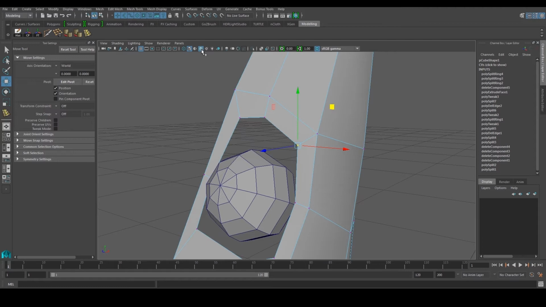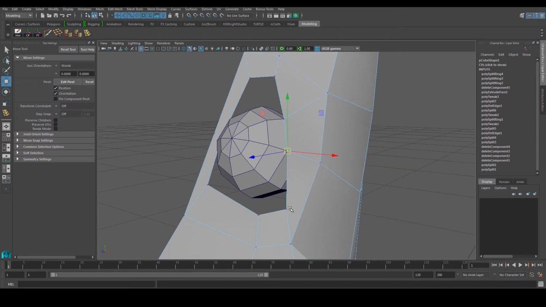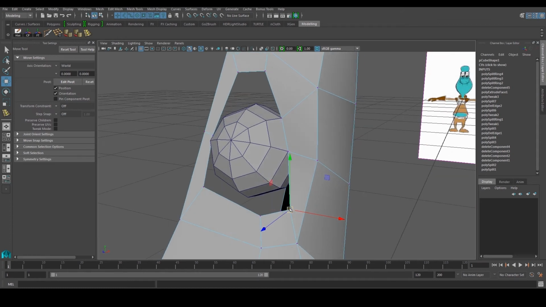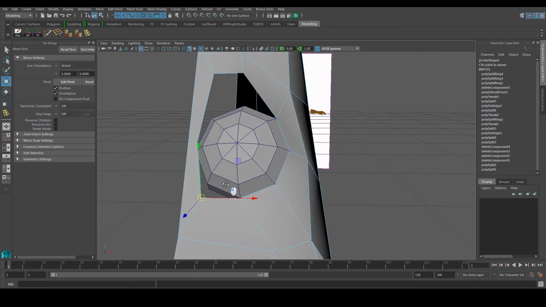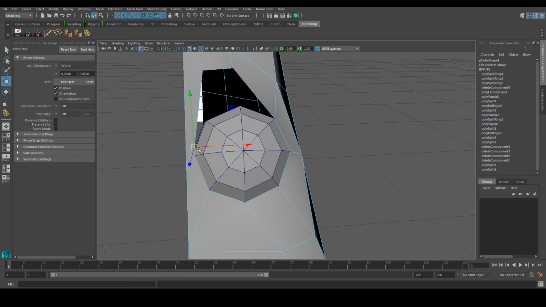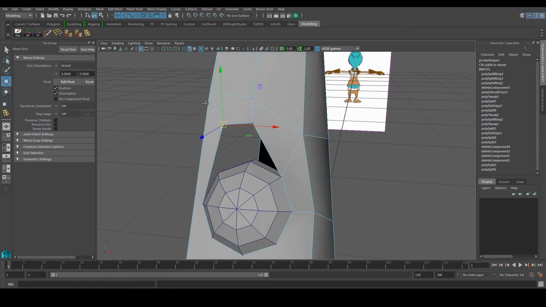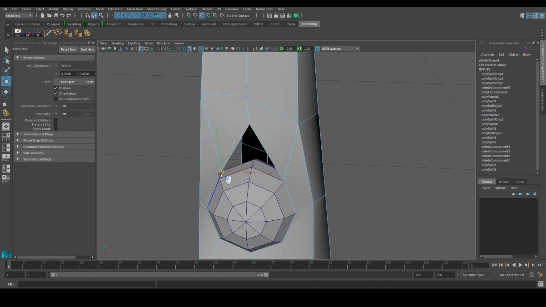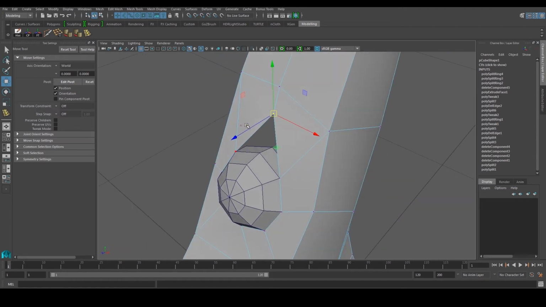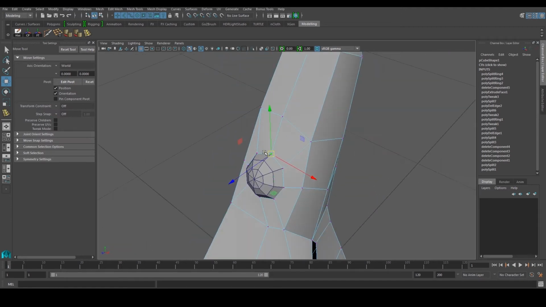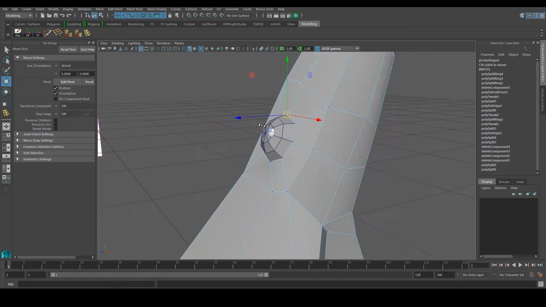What you can do is select your wireframe mode over here, press and hold V and snap them accordingly. Now remember, when you snap them, it's just putting the vertex to that point. You're not merging anything. So just make sure that it's going to the correct place. Press and hold V for every one. Again, take your time to do this. Don't rush. If not, you're going to make mistakes, and then you have to redo, and that's not going to be nice.